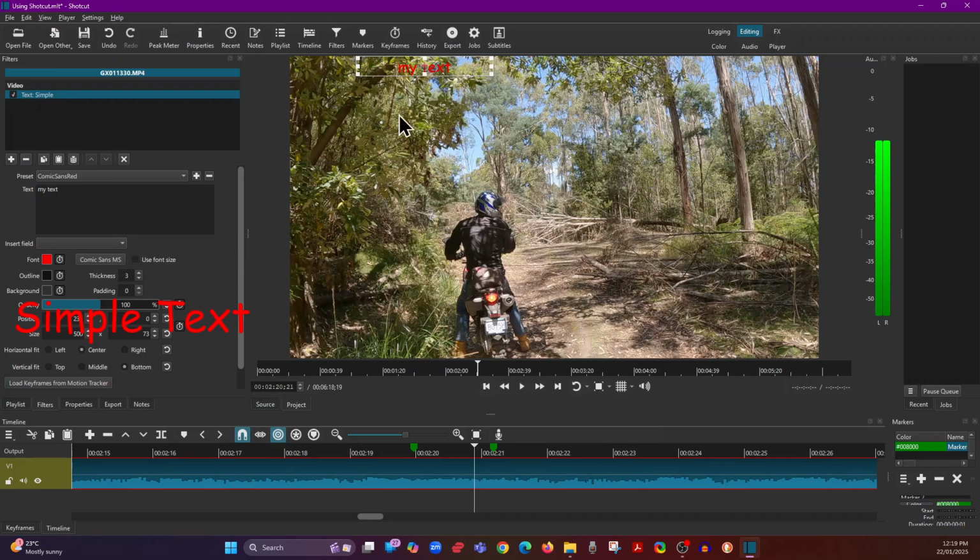You can move that around to where you want it, resize it to whatever size you want, and that's all you do. So you place it on the clip, it'll be present for the entire clip if you do it this way. One thing you can do if you don't want that text present for the entire clip, you can click on